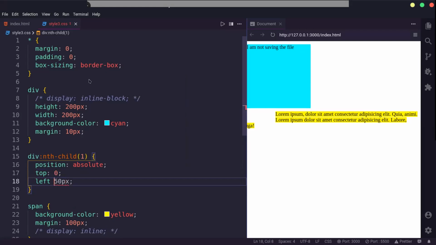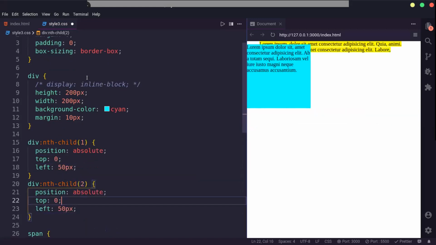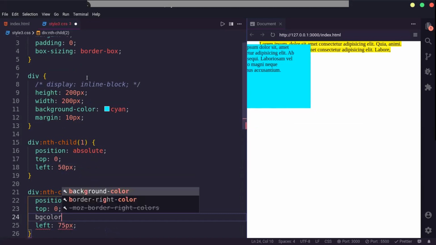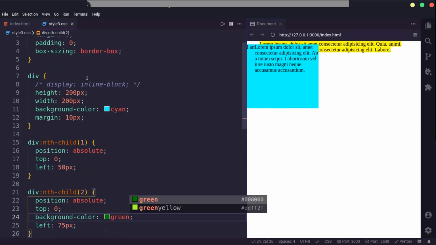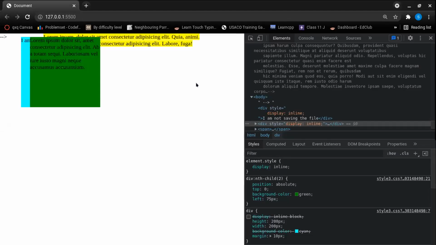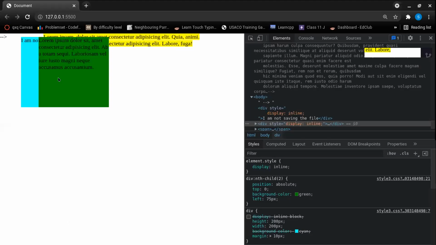And similarly I have the second div, but the left will be, let's say, 75 pixels, and let's change the background color to green. Okay, let's change this to 100 pixels. So you can see here the green one. Z index helps in stacking elements in the web page.